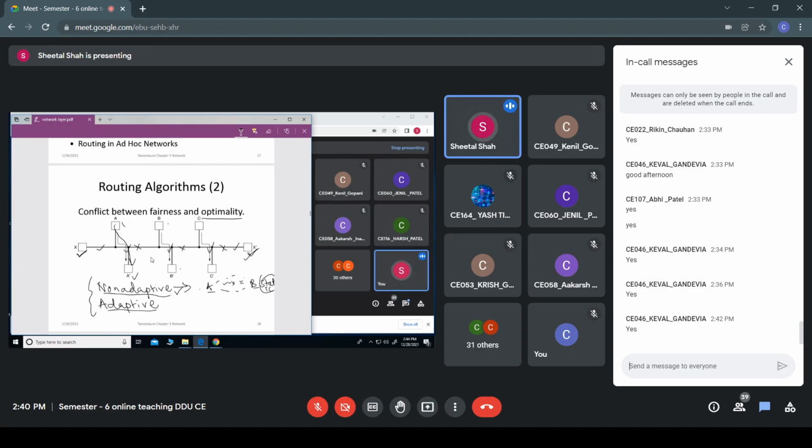Whereas in case of an adaptive routing algorithm, which is also known as a dynamic type of routing algorithm, based upon the current situation of the network, the route from A to B can vary. Okay, so the various factors, as we have discussed, on which this route would be decided, is the mean queue length.